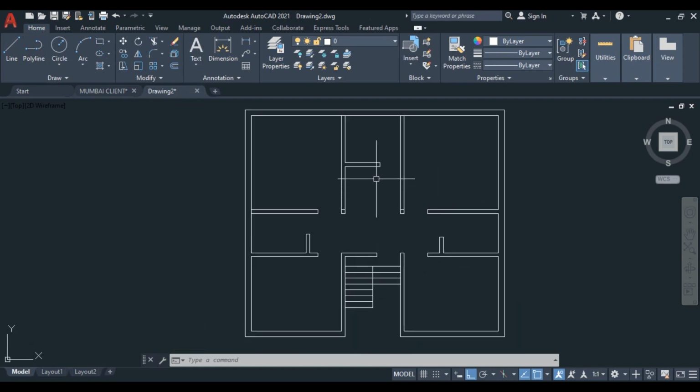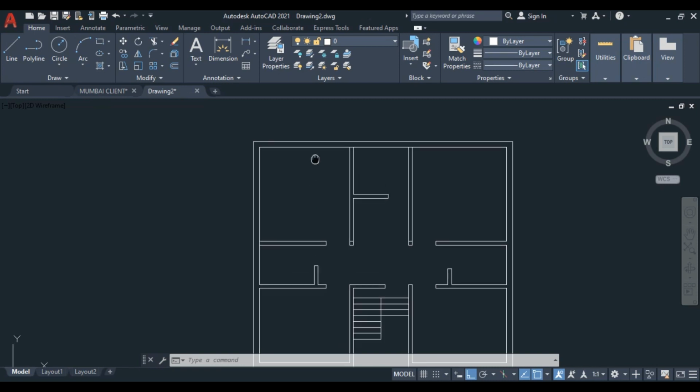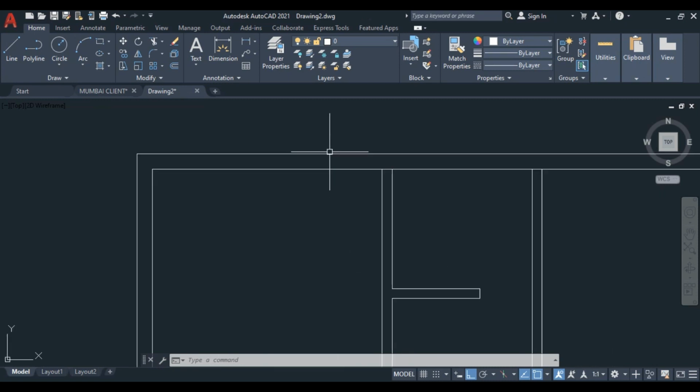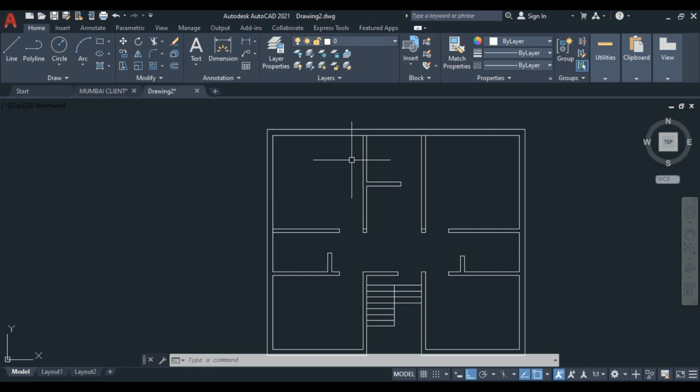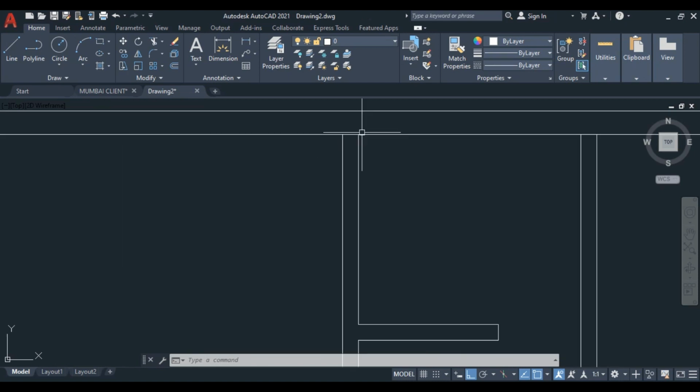Now we are going to make the windows. Okay, all right. So I am telling you from the very beginning process of making the window. I have told you how to make this floor plan, so I'll simply try to make you understand how to fit the window and how to make it.